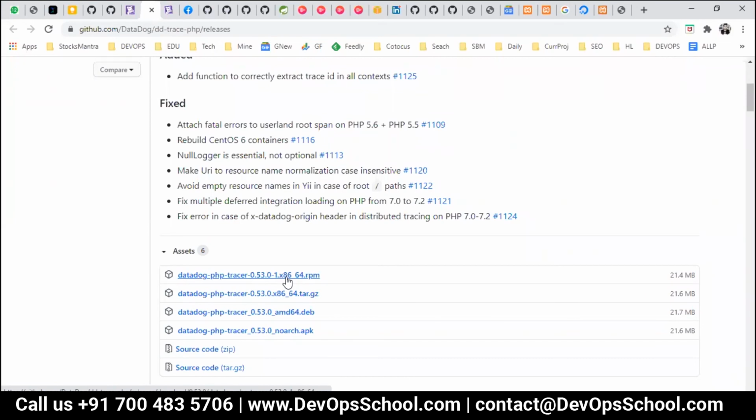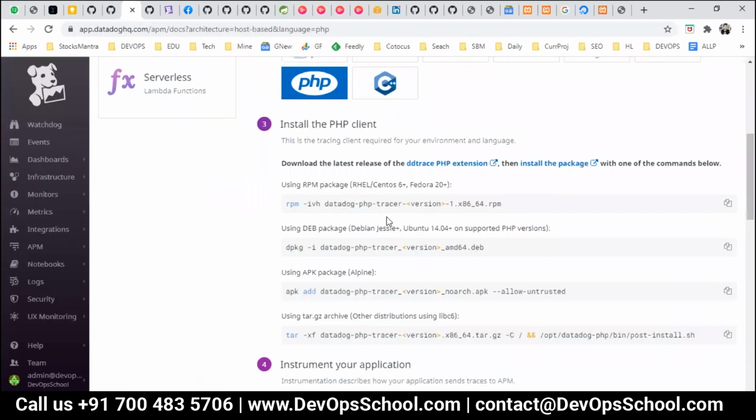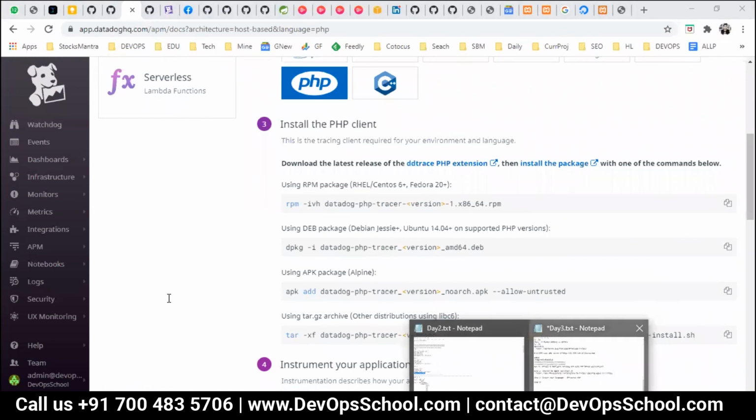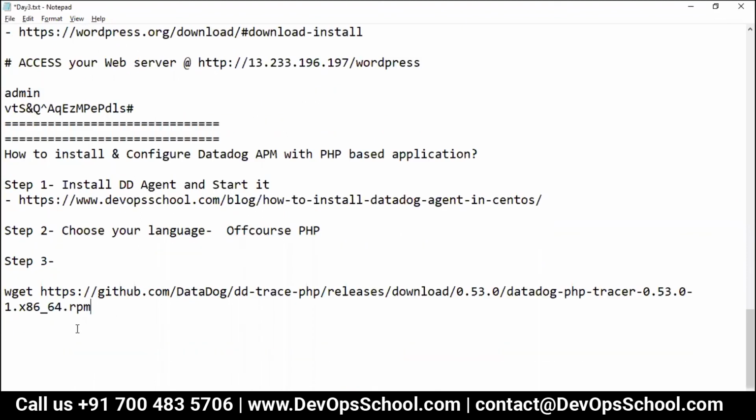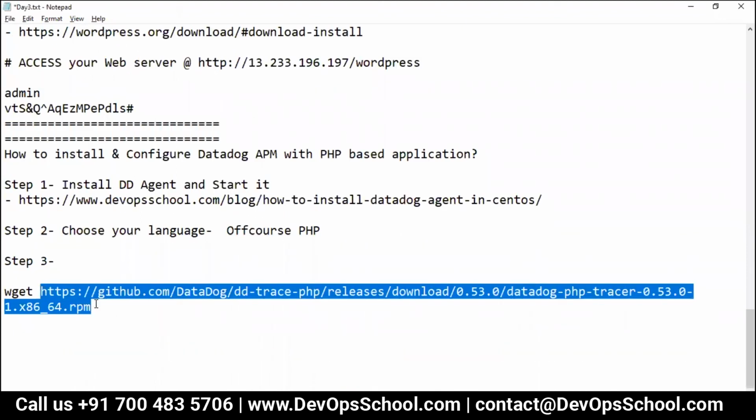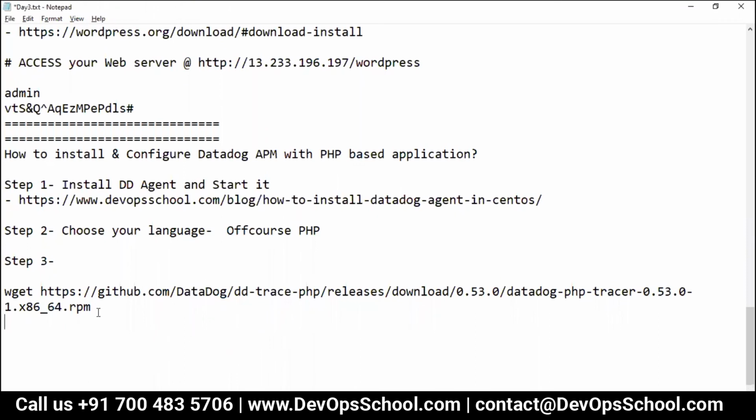So I'll download the file and wget this one. Okay, after that,